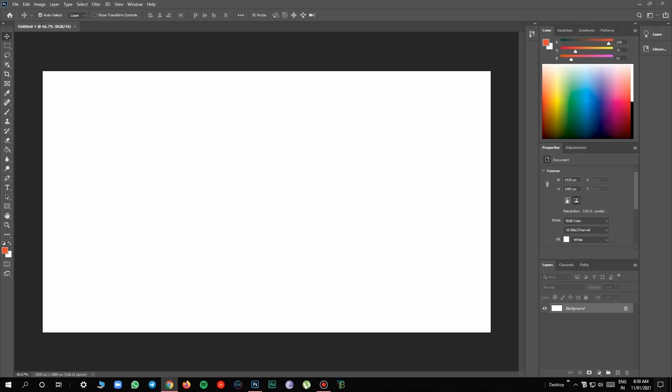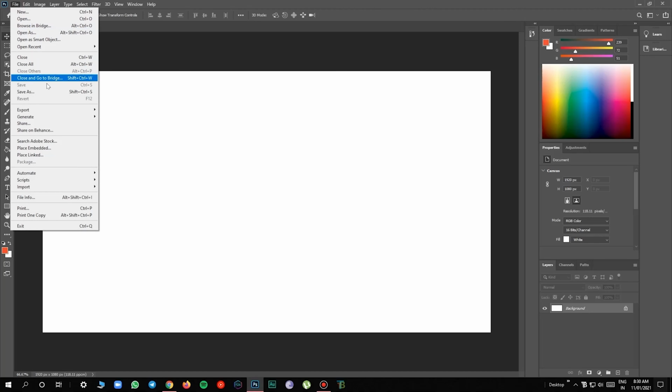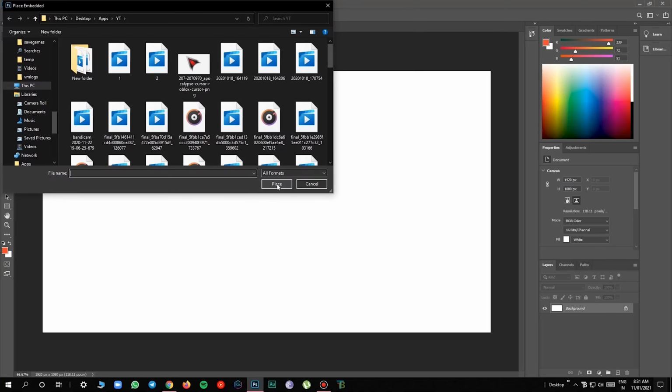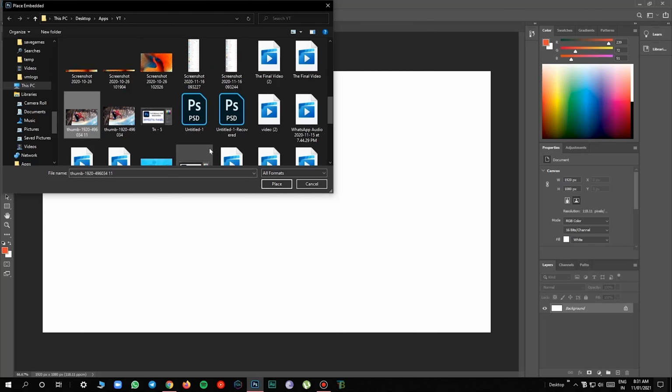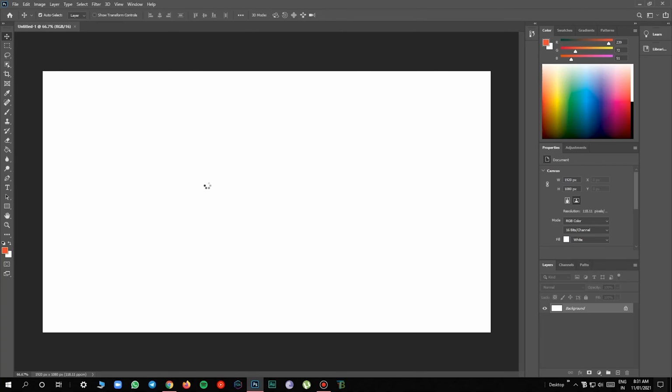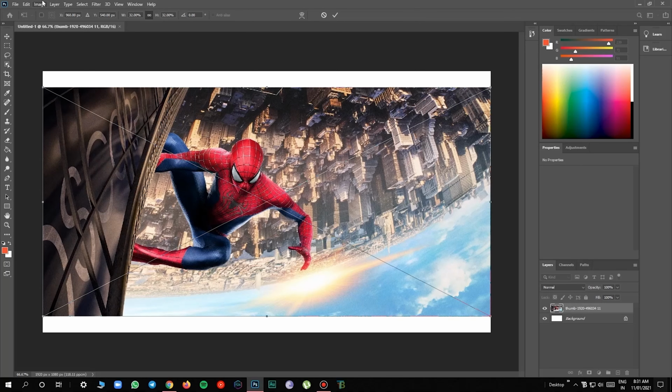So first we can go to File, which is on the top left, and go to Place Embedded. Okay, let's go to Place Embedded. So there you can search for the image or something. Actually, I do not prefer this method.